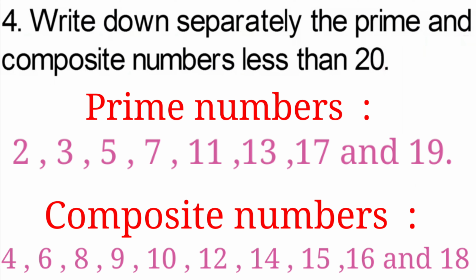Have you seen, students, in this we didn't take 20, because 20 is not a prime number, but we didn't take it because as per the question it is mentioned that less than 20. So less than 20 means till 19 only we have to see, we do not include the 20th number. I mean to say, read the questions carefully, that what exactly is asked in the question.